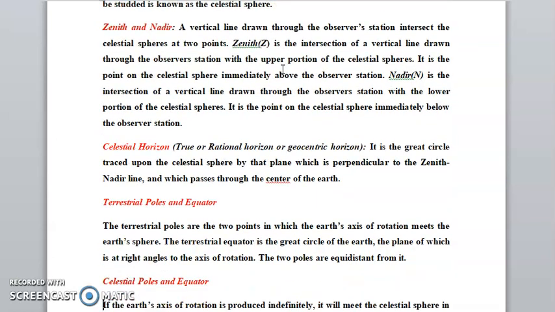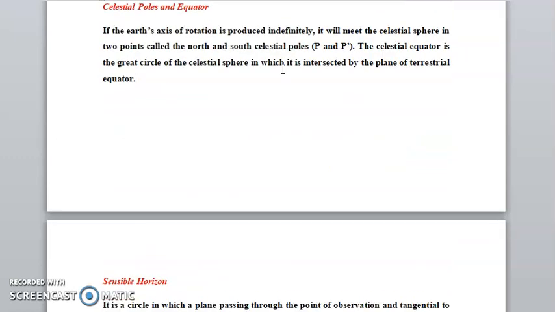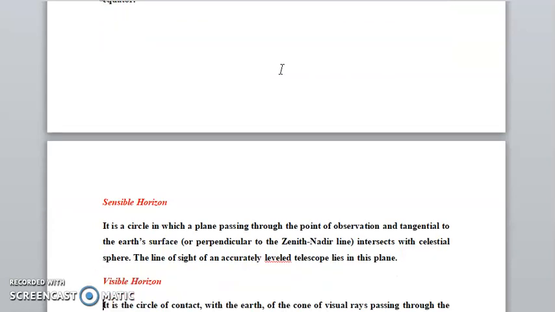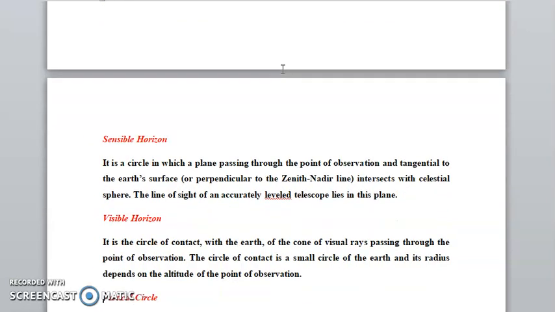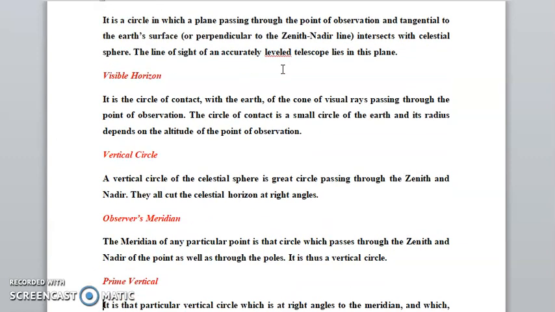Next, celestial poles and equator. Next, sensible horizon. Next, visible horizon, vertical circle, observer's meridian, prime vertical,